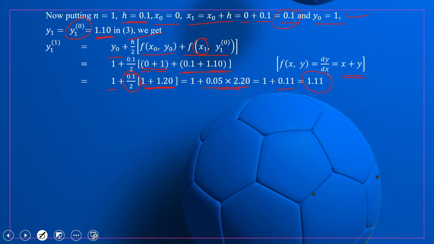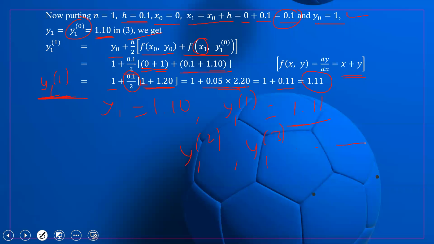So what is the answer? The value of y1 is 1.11. So now this is our second approximate value of y1, because the first value of y1 is 1.10, and the second better approximate value of y1 is 1.11. So we have to find out the value of y1 second iteration, y1 third iteration, and so on,